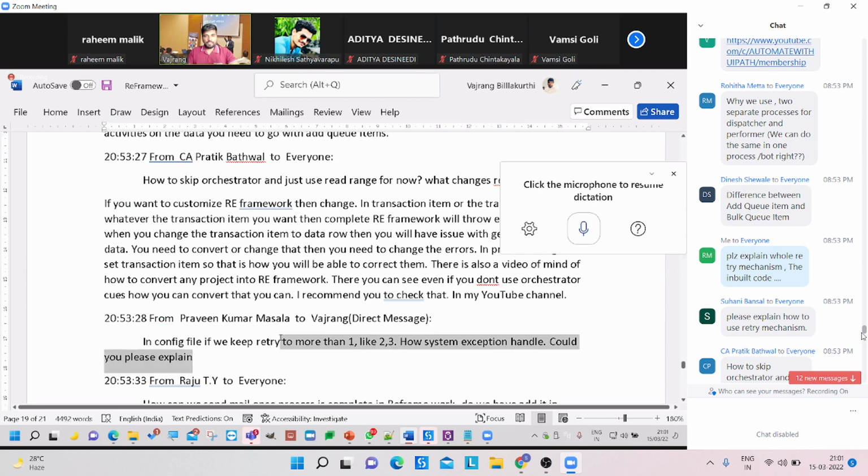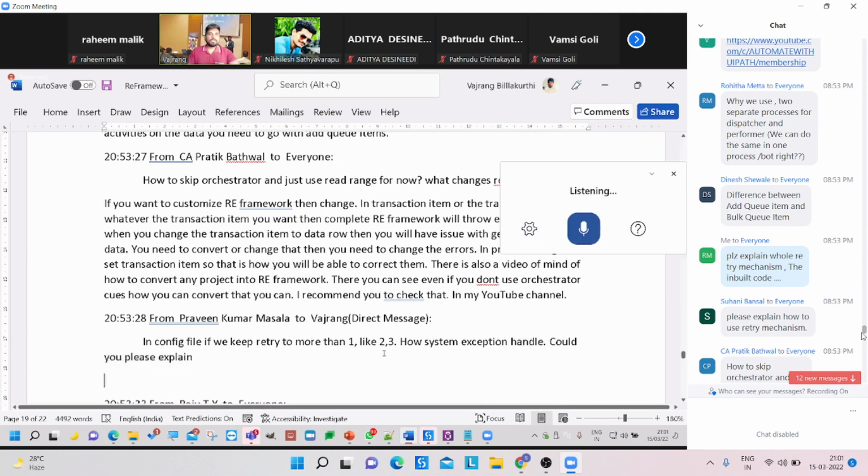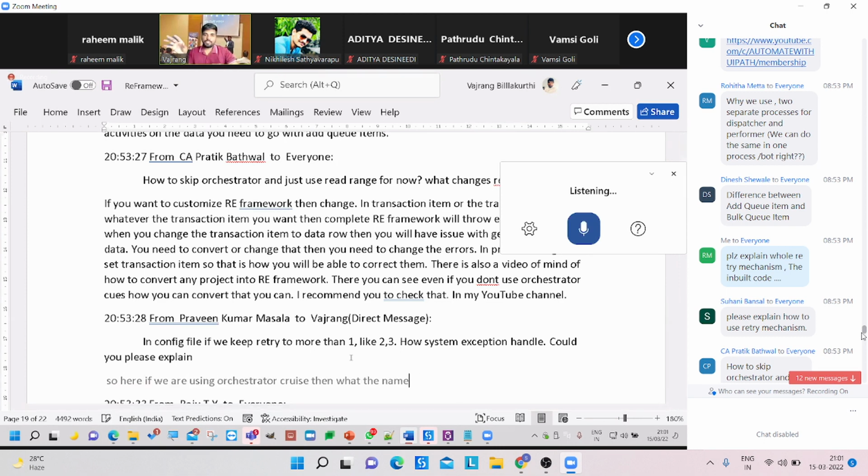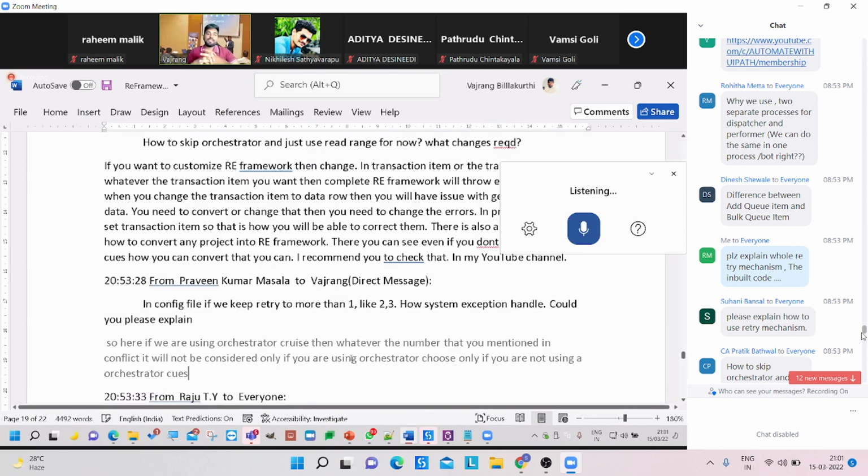In config, if we keep retry more than 1 or 3 times, how does the system handle the exception? Could you please explain? Okay. So here, if we are using orchestrator queues, then whatever number you mention in config will not be considered. Only if you are not using orchestrator queues, there is a code